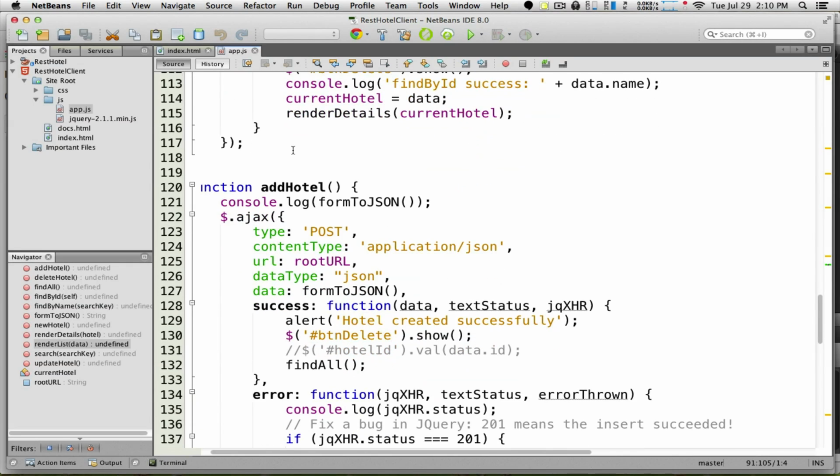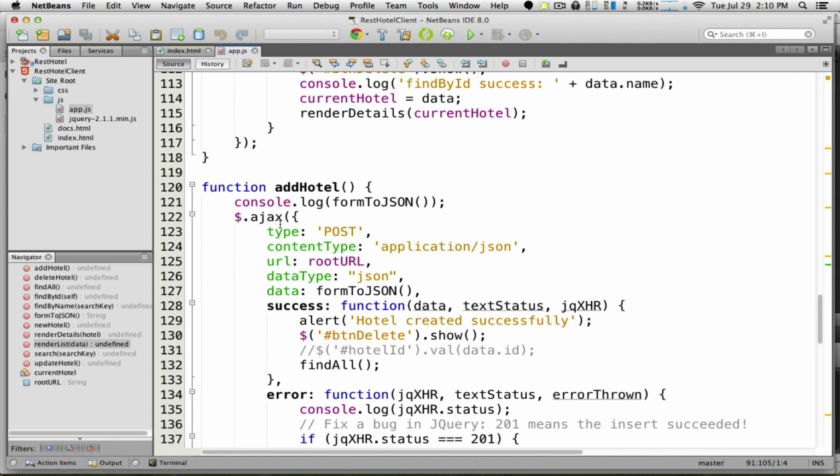Here's the function for adding a new hotel, for example. And of course, when we're adding a hotel, we're doing more than just retrieving data, we're sending data. So how do you send data? Well, first of all, your AJAX method type has to be post. The content type that we're sending is JSON. Now here I'm using the actual MIME type. I could have used the abbreviation, but I'm using the actual MIME type. The root URL, the type of data we're expecting back, and then we need to